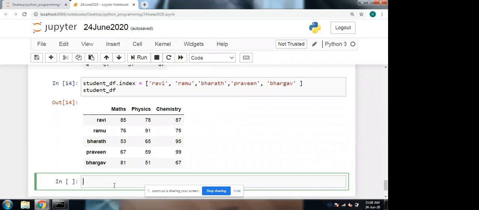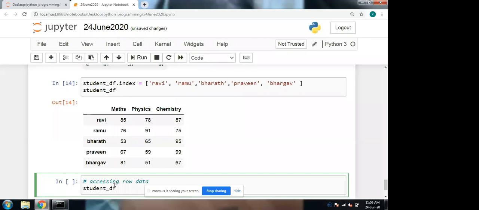Accessing row data. We will do it using the function called student_data_frame of.